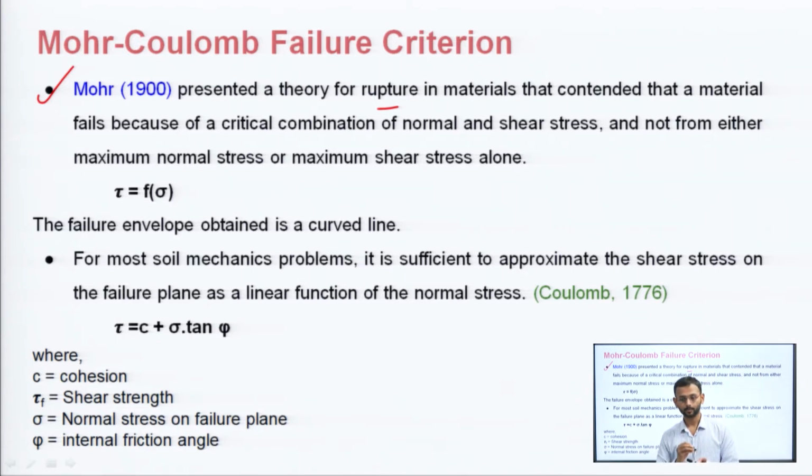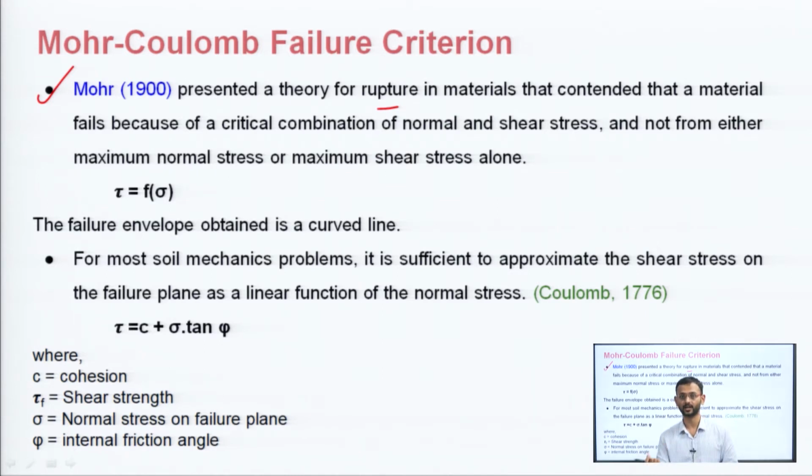यदि टोटल नॉर्मल स्ट्रेस ही लग जाए या फिर पूरी तरीके से शेयर स्ट्रेस ही लग जाए तो उसके कारण फेलियर होगा। बट क्या वो मैक्सिमम वैल्यू होगी या क्या वो मिनिमम वैल्यू होगी वो कुछ नहीं बता सकते। बट अगर मैं कहूँ कि लेट से 5 यूनिट का टोटल स्ट्रेस लग रहा है, नॉर्मल स्ट्रेस लग रहा है और उसके करस्पॉन्डिंग कुछ 3 यूनिट का शेयर स्ट्रेस लग जाए, यदि ऐसा होता है तब क्या होगा, एक क्रिटिकल कॉम्बिनेशन